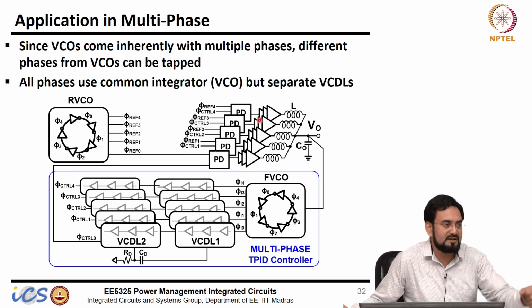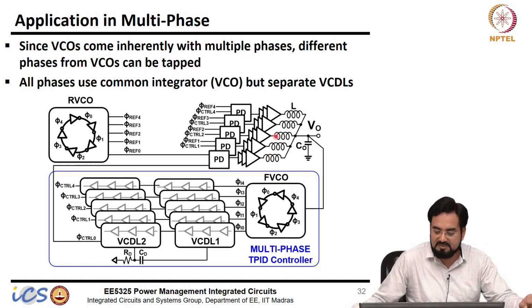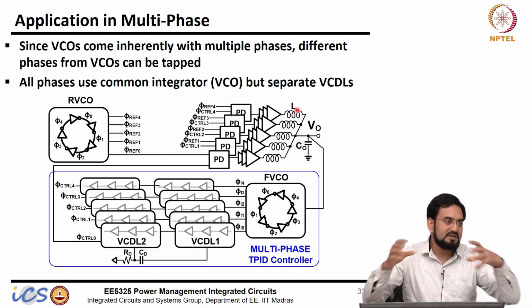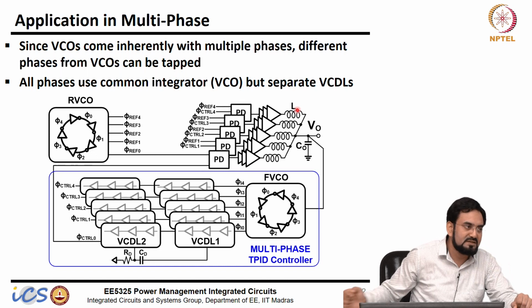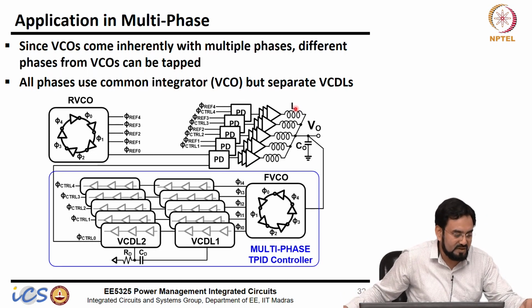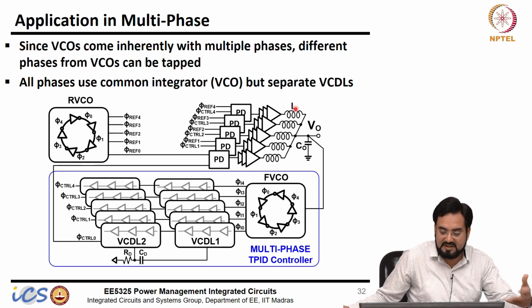It's like parallel converters, you can say, and the load current will be shared among all. So let's say if I have a 1 amp current and there are 5 phases here, so 200 milliamp will flow in each phase. So that's how you reduce the power stage current. Your I square R losses will be less compared to the single phase. So when we implement very high current, let's say 10 amp or so, the only way we can go is multi-phase.